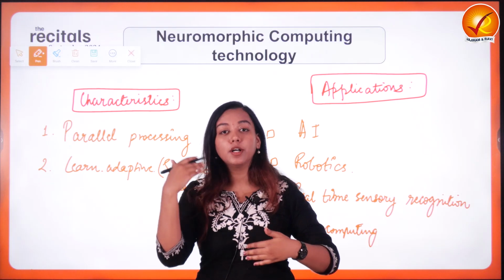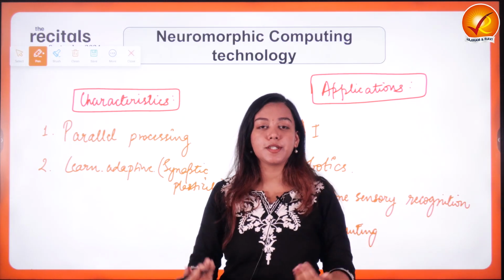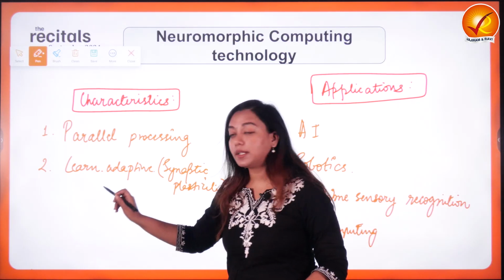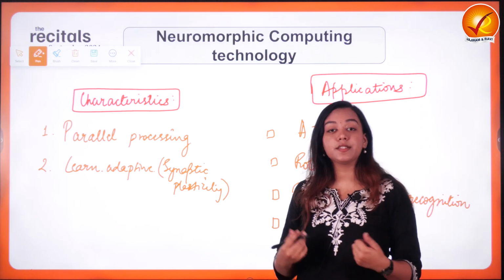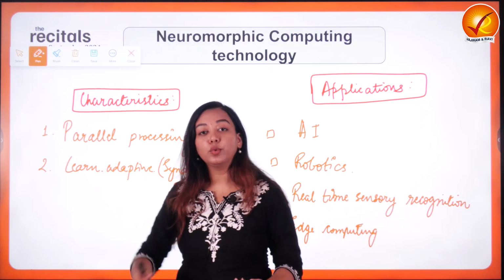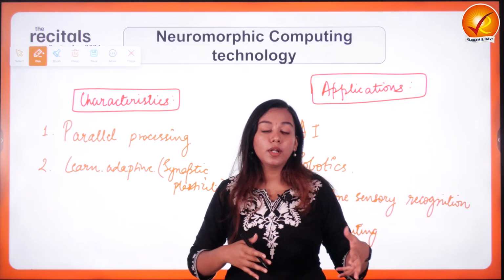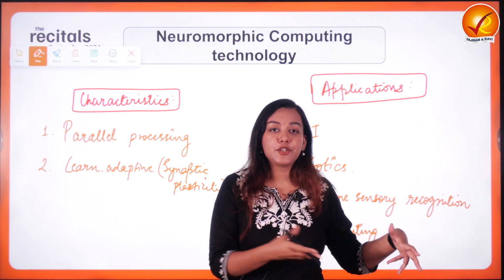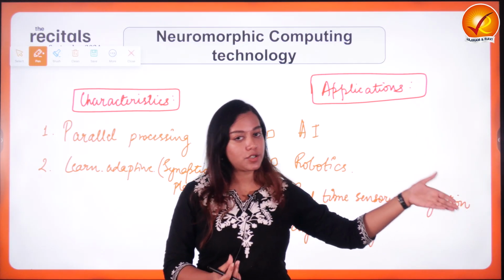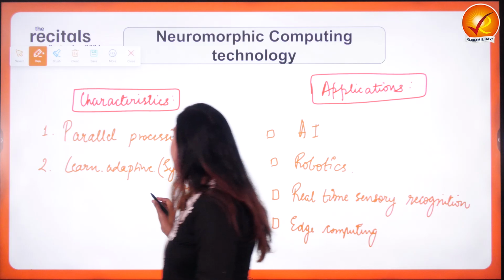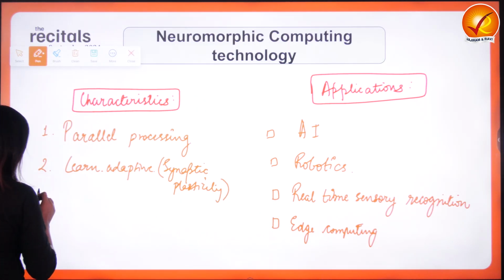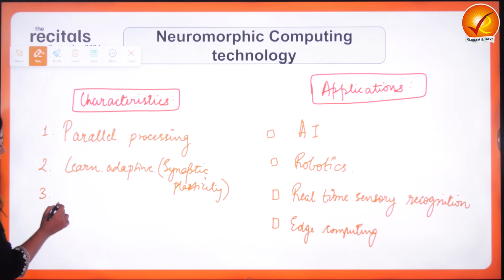So what am I doing? I am a growing person. I am a learning person. So the best thing for this particular computer would be its ability to learn and adapt itself without the proper coding that has to be given in ordinary conventional computers. So it is learnable and it is adaptive. The second thing is, it